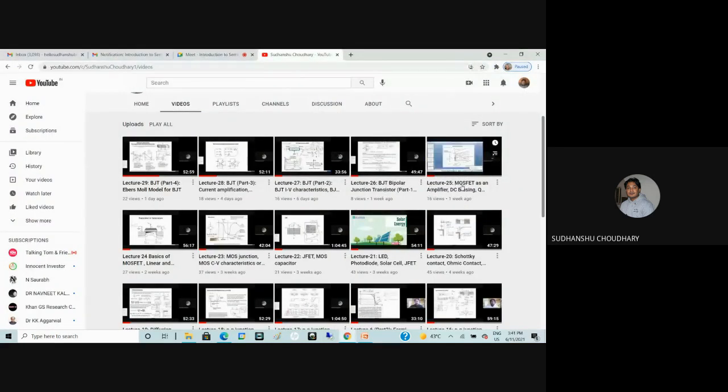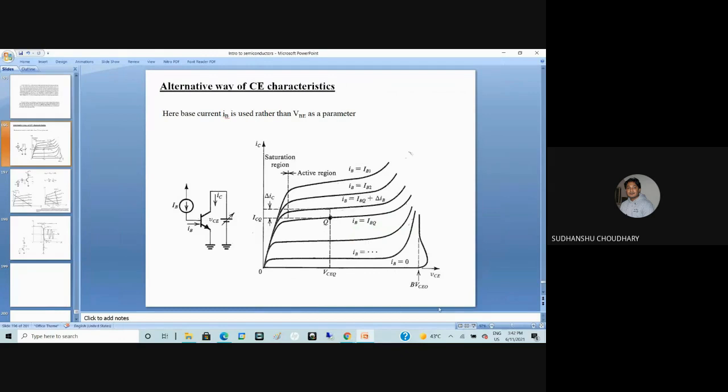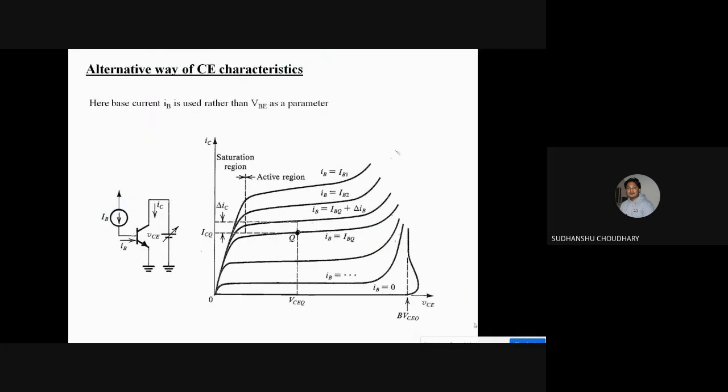Yes, in lecture number 25 we had studied the biasing of MOSFETs, but we haven't spoken yet about the biasing of the bipolar junction transistors. In fact, the biasing of a bipolar junction transistor is done exactly in the same way the biasing of a MOSFET is done. Okay, so there is no difference. The same way a BJT can also be biased as a MOSFET is biased.